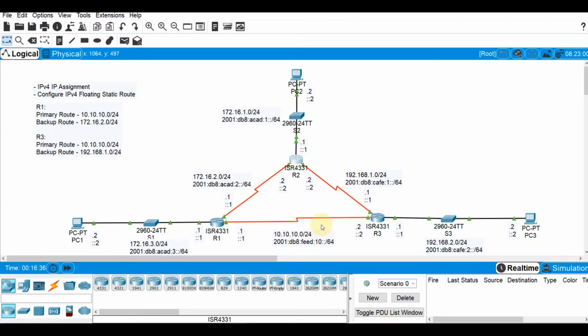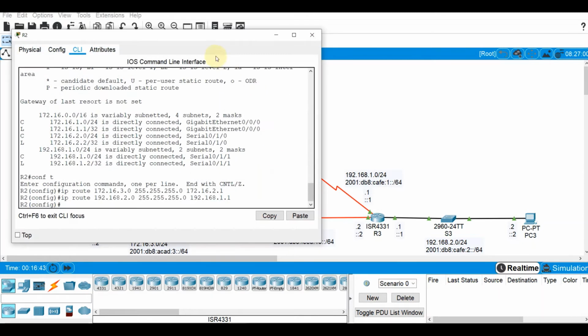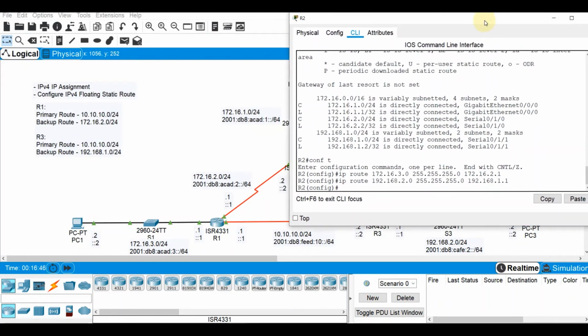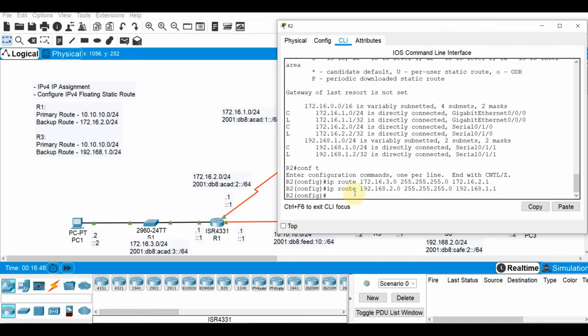But take note that there is a third remote network on R2, which is 10.10.10.0. So let's configure that also, just to complete the demonstration here, though we will not be using it in our requirements. So that would be ip route, something like